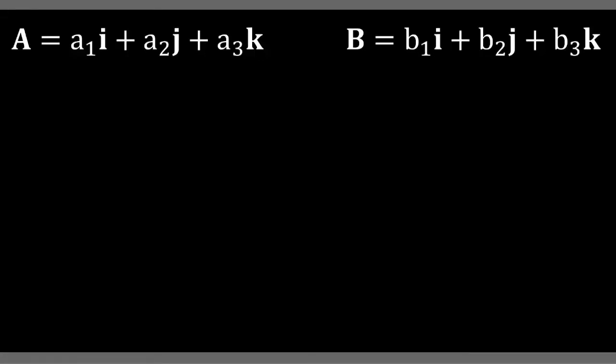This is a quick video to show you how we operate cross product. Given two vectors, this is vector A and this is vector B. Even if you don't put that dash on top, it's okay as long as it's in bold font. A has components A1, A2 and A3 in the X, Y and Z coordinates respectively, and B has components B1, B2 and B3 in the X, Y and Z coordinates respectively.